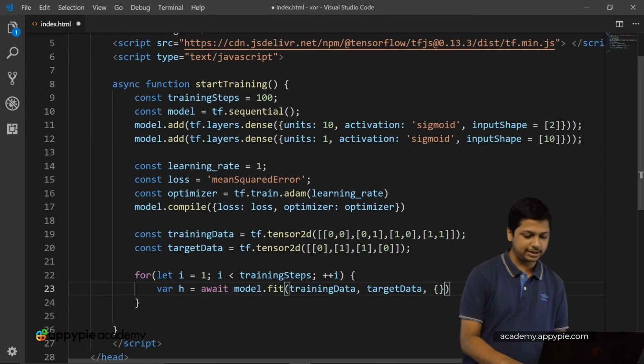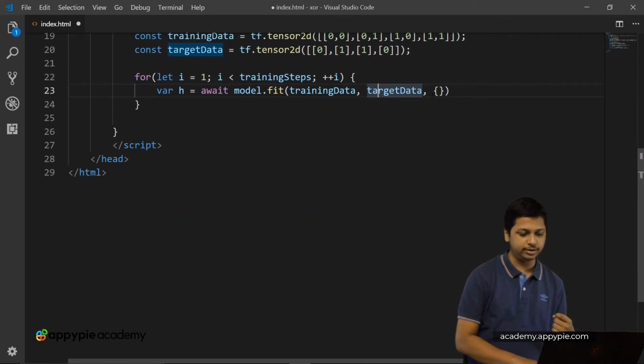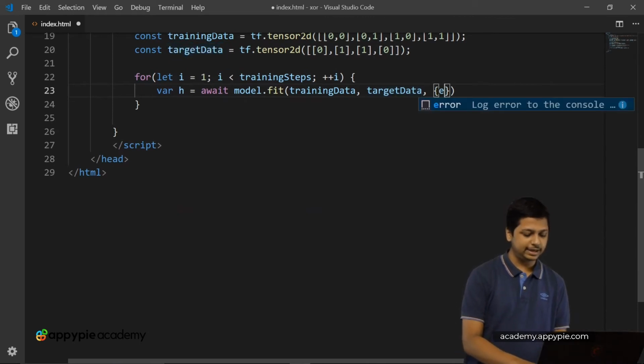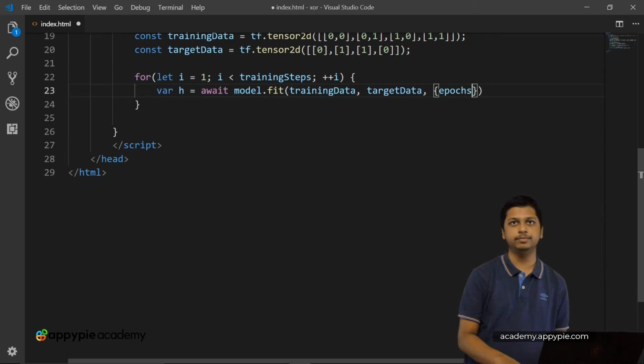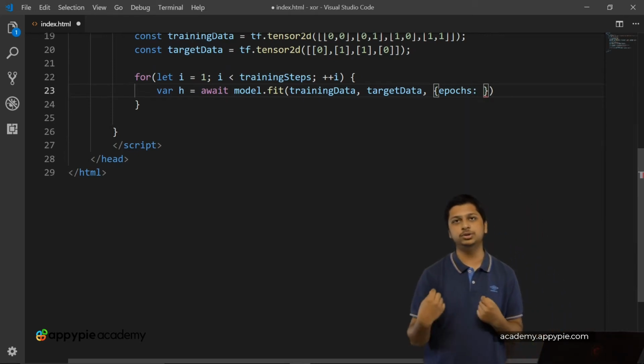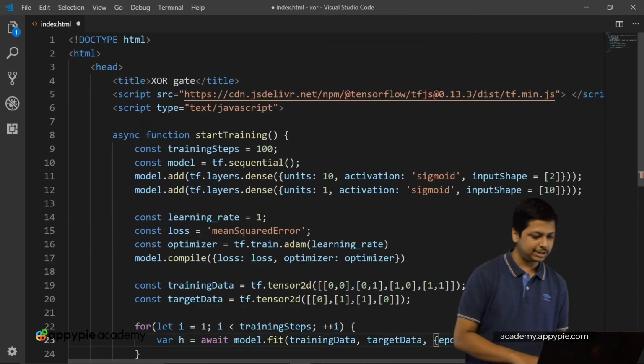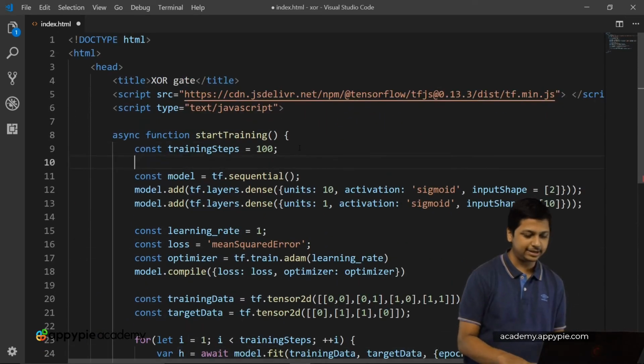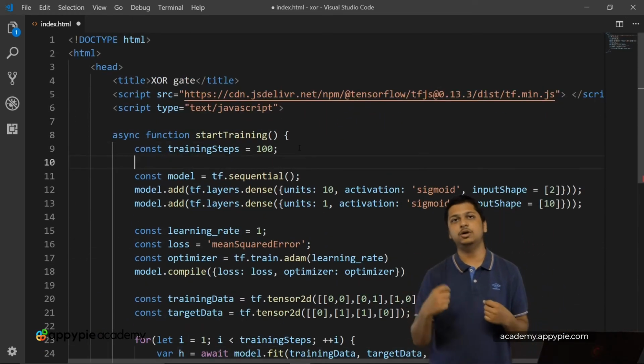So over here let's pass in a JSON object, and inside this JSON object let's declare the epochs, which is the number of epochs we are going to use. Let's declare it above as well, so that later on it is easy to tweak all of these values.